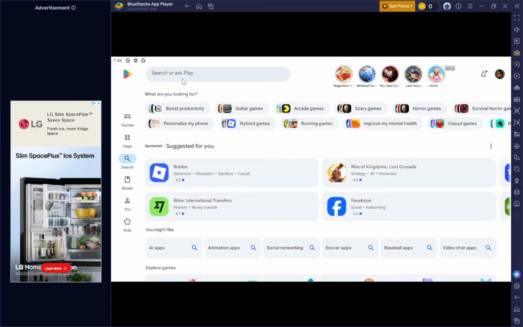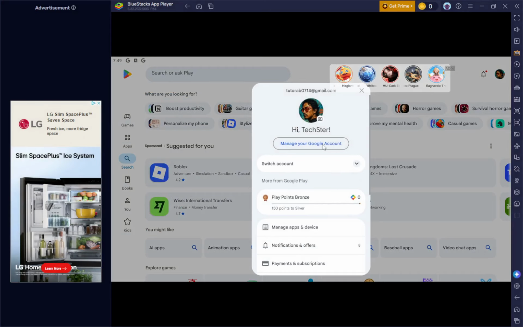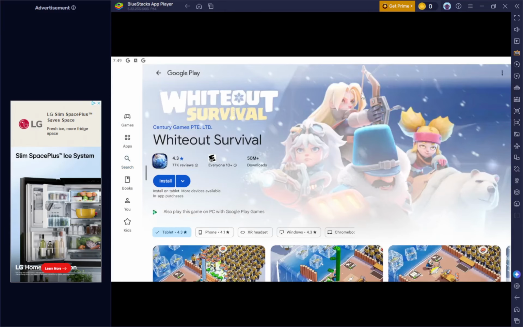Next, sign in with your Google account. You will see a sign-in button or a prompt to enter an email. Type your Gmail address, then your password, and follow any verification steps. Once you finish, Play Store will return to the main app page, but now your account picture or first letter appears in the top right corner, confirming you are signed in.